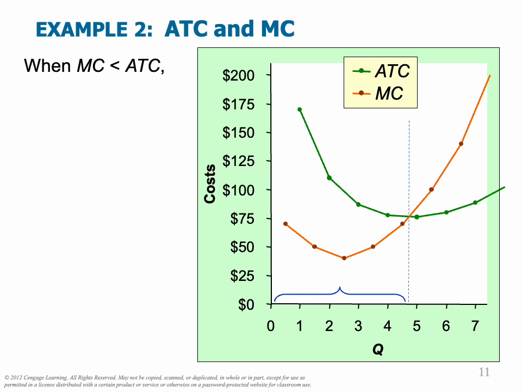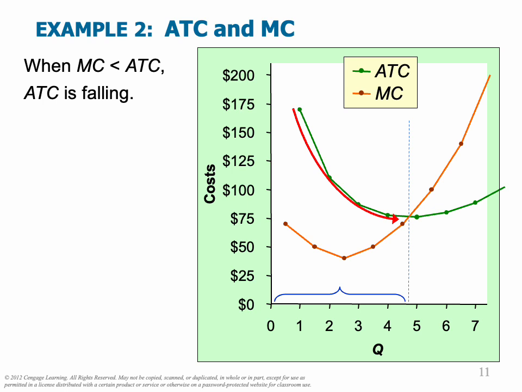when MC is below ATC, ATC is going to be falling. And so it's not what the rate of change is at this point. It's just the fact that marginal cost is below ATC, and so that pulls ATC down. I do want to point out, though, that there is a point where marginal cost is rising and ATC is